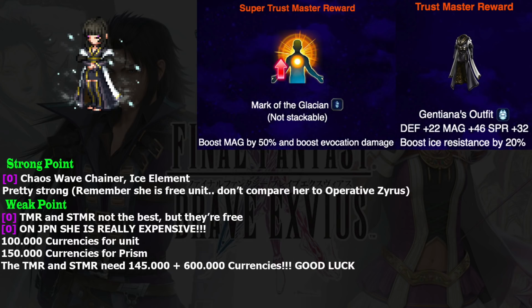The Trust Mastery reward is kind of underwhelming, only 46 magic. Not bad, but take a look at the cost. You need to have 250,000 to make her into a 7 stars character. 100,000 for the unit, 150,000 for the prism. Maybe they will lower it on the global. I don't think so. Okay, and for the Trust Mastery, remember that you need to have it to activate the Trust